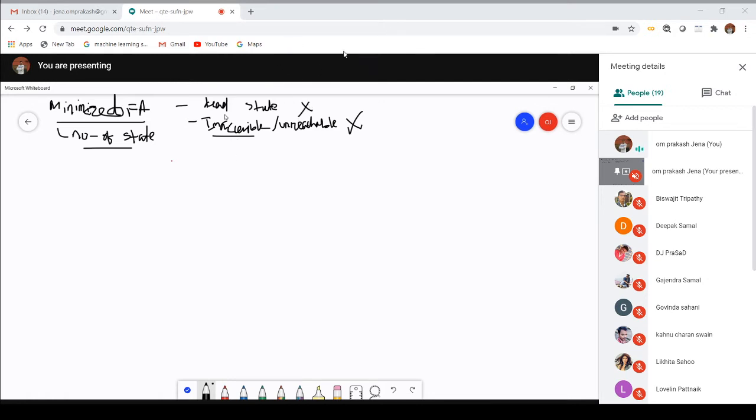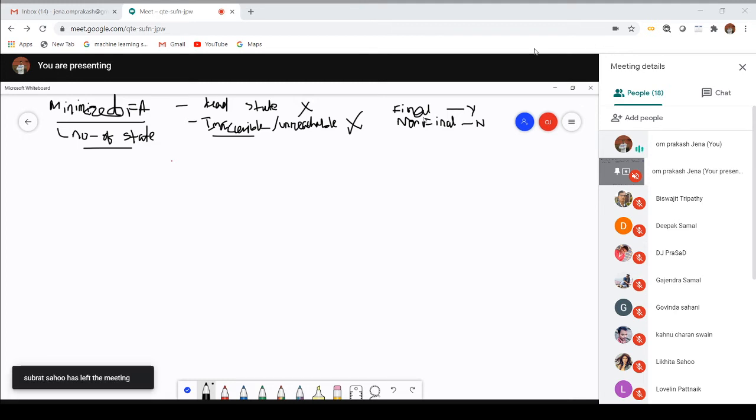Once you eliminate the dead state and dummy state, or the unreachable or inaccessible state, then you have to find out which are the final states and which are the non-final states. The objective of finding the non-final and final states is that you can distinguish whether the string is accepted or rejected. If you can reach the final state, then the string is accepted by the machine. If you reach a non-final state, the string is not accepted by the finite automaton.